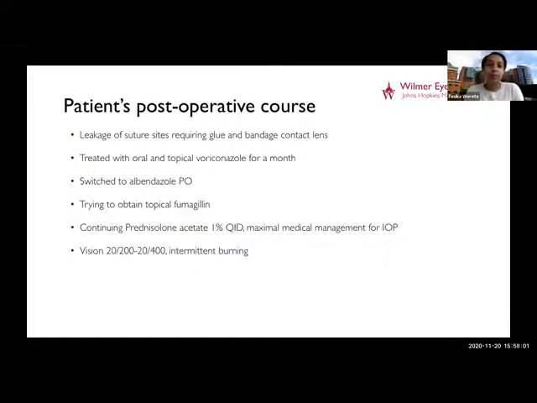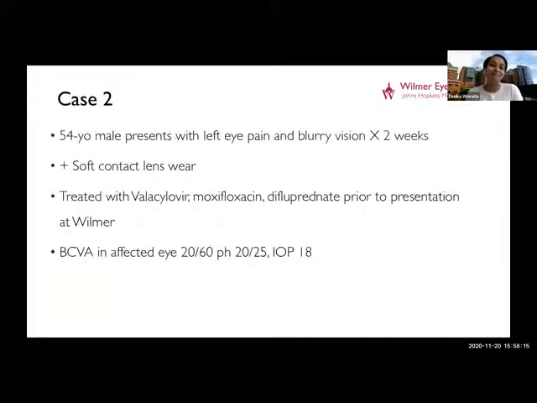And so he actually didn't return to Wilmer, but we've been in touch with the ophthalmologist, and he had a complicated post-op course. So I think the delayed diagnosis certainly contributed to the patient's final outcome. So I'm going to move on to the second case, which is